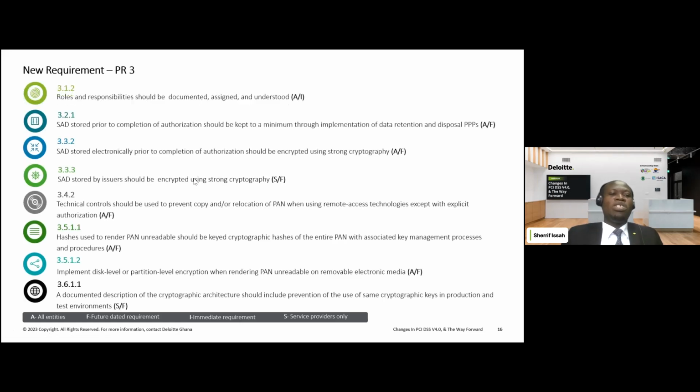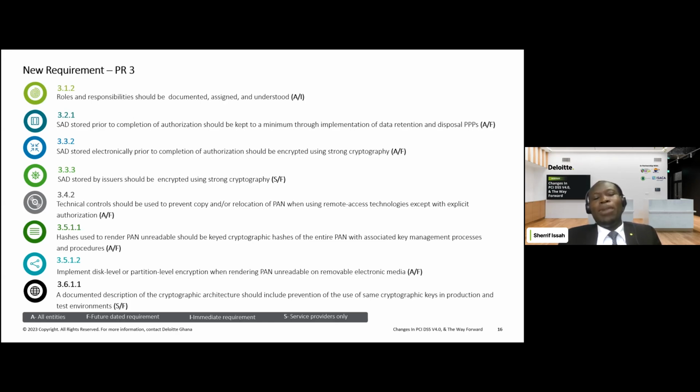So let's move on to the new requirements in Principal Requirement 3. In section 3.1.2 of PR3, it also talks about having roles and responsibilities documented, assigned, and understood. Then 3.2.1 says that sensitive authentication data that is stored prior to completion of authorization needs to be kept,